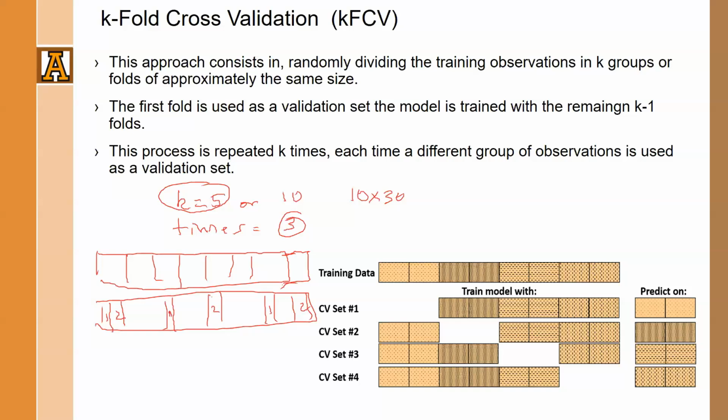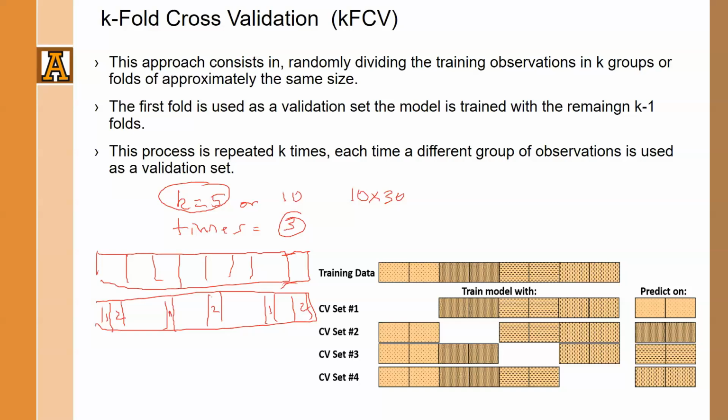So if you have to sacrifice something, it's better to do fewer folds and more repetitions, because I'm changing the seed, than doing more folds and fewer repetitions. Okay,